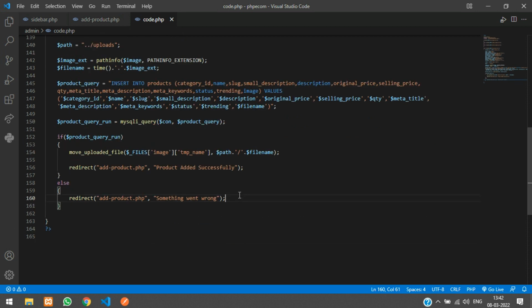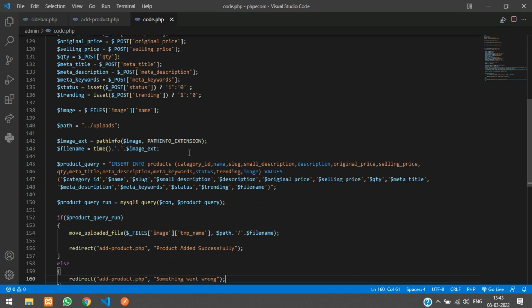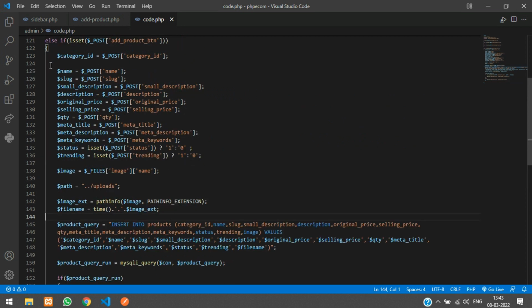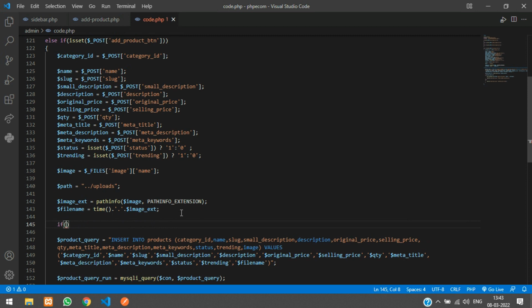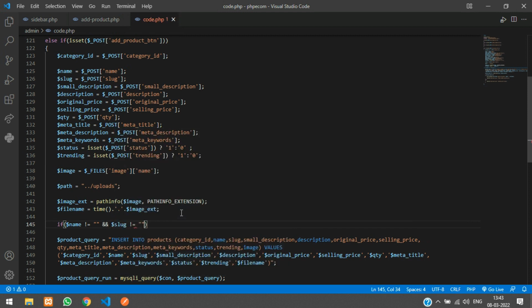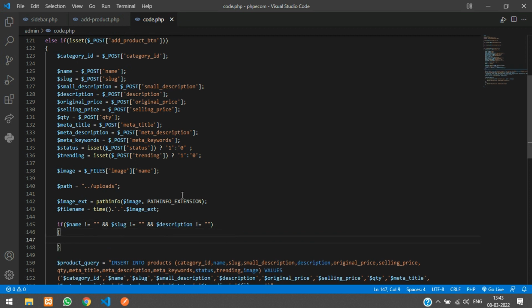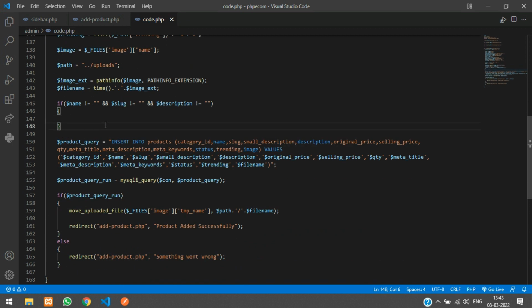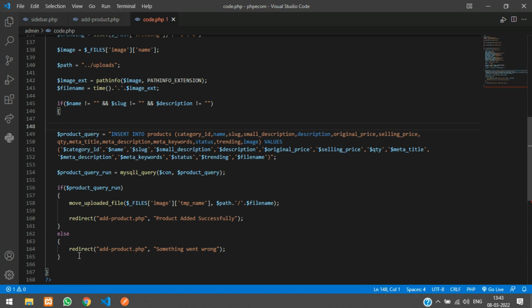Okay, so now let us test our code. So for the validation part, if you don't want to allow null for these fields, you can just put it in an if condition over here, something like if $name is not equal to null and $slug is not equal to null and $description is not equal to null. So when all the fields are not equal to null, only then you can just put this in the if condition